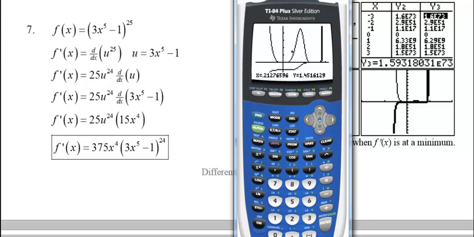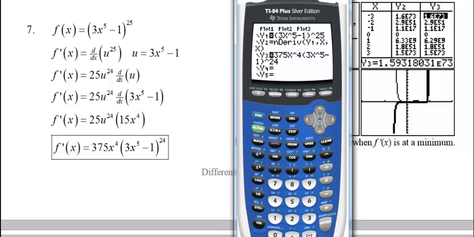This one over here is when 3x to the fifth minus 1 is equal to 0. So that's the fifth root of 1/3 right there. And both of these are minima on the derivative, and that makes them inflection points on the original. So let me